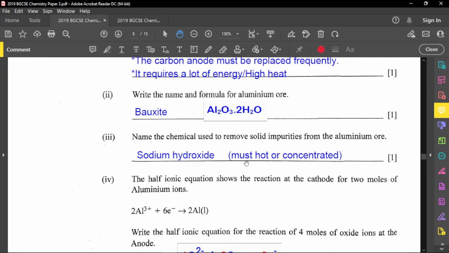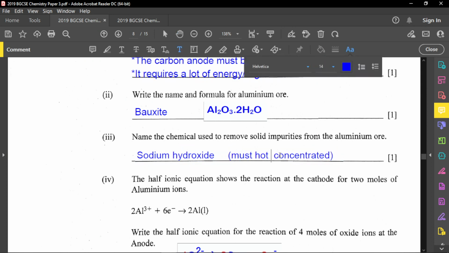And just to make a note, the sodium hydroxide must be hot and concentrated. Matter of fact, let's say hot and concentrated, right? Both of them, not or, but and, because you need it to be really concentrated and hot. All right, so for part 4 now, it said the half ionic equation shows the reaction at the cathode